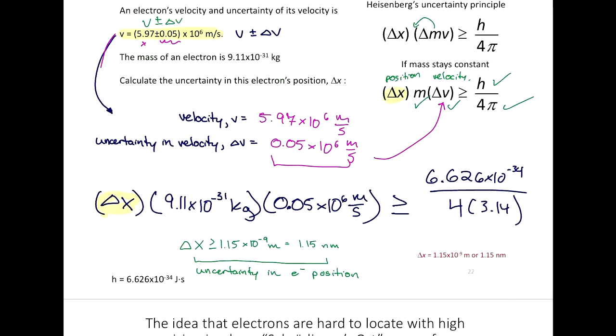That's the uncertainty. Together with the mass of the electron, we calculated the minimum amount of uncertainty is about a nanometer. So, that's on an atomic scale. So there's a lot of uncertainty required for an electron that's on the scale of the size of an atom. So that's where our orbital shapes will come into play. And so the idea that electrons are hard to find, right? Either their position is poorly defined or the velocity is poorly defined.